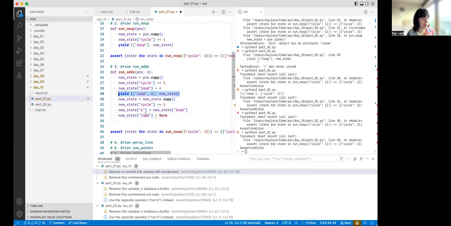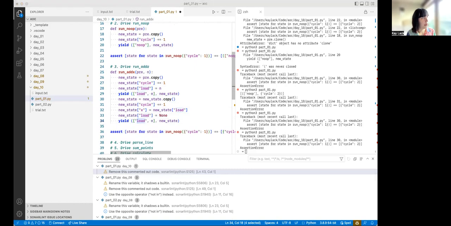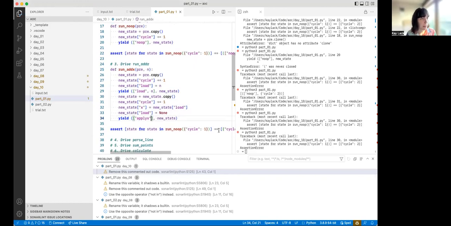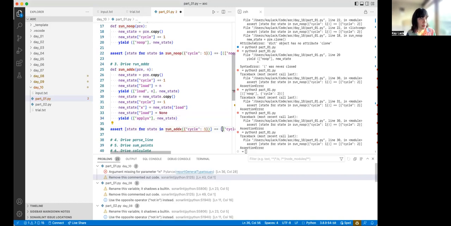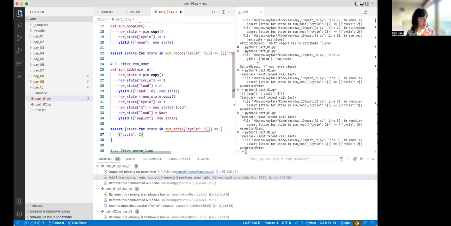And then yield this. What do we call that? Apply X. Okay. And what we want to be putting across is